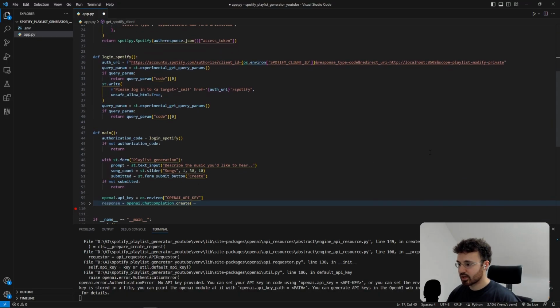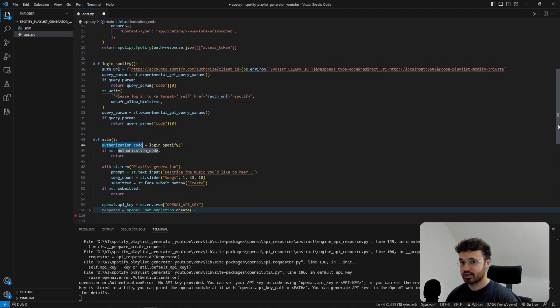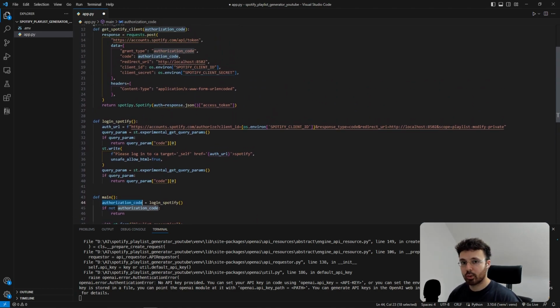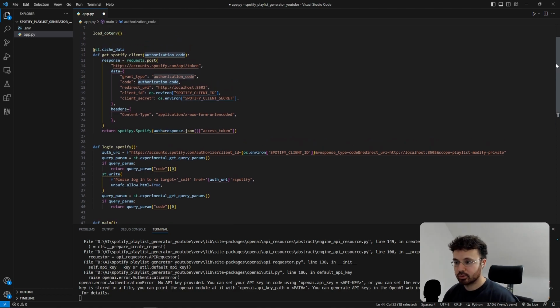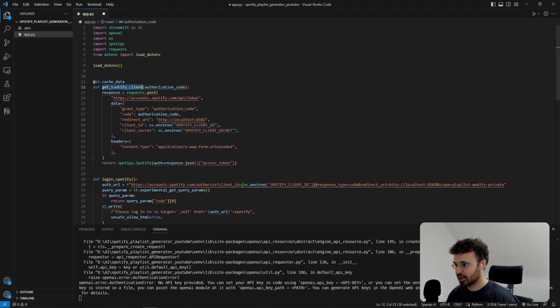So once the user logged in, we receive an authorization code, and this authorization code we need to use to request an access token. This access token usually expires after an hour. To do this, I wrote another function called get Spotify client, right? The first thing it does is it gets this access token. We do a POST request to API/token, grant type authorization code. The code is the authorization code that we receive right here. The redirect URI, again, the one that we put in the dashboard,